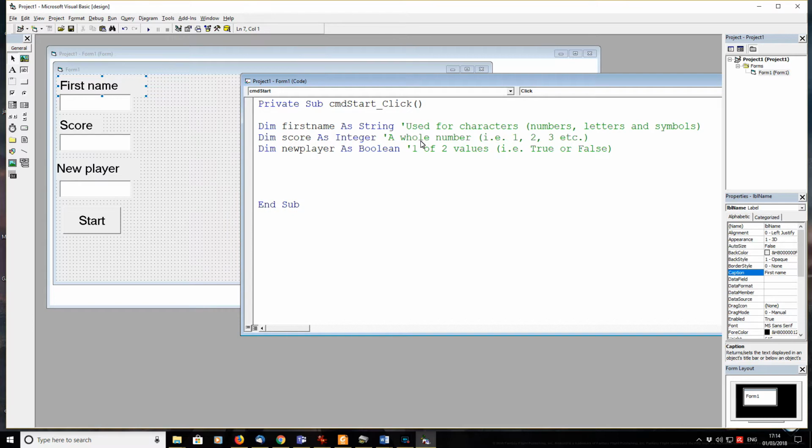Now that we've got the names of the variables, we're now going to store. We're going to get it so that when we click the button, whatever is typed into the text boxes will be stored in the appropriate variable. To do that, as I said, we're going to be assigning. The first thing that we want to take in is the first name. So we're going to say the first name is equal to, in other words, we're going to set it to